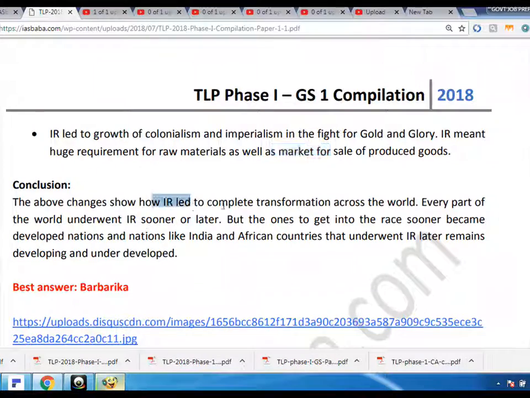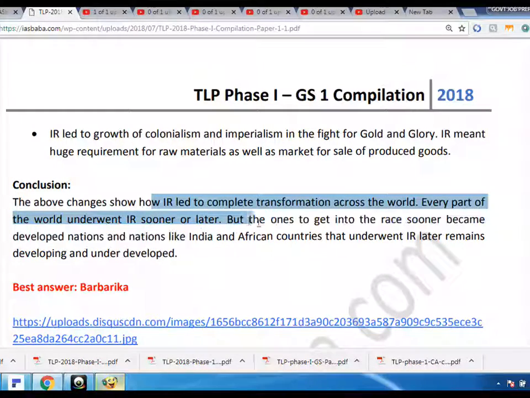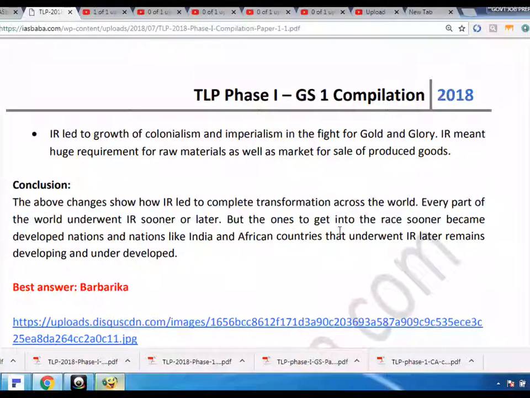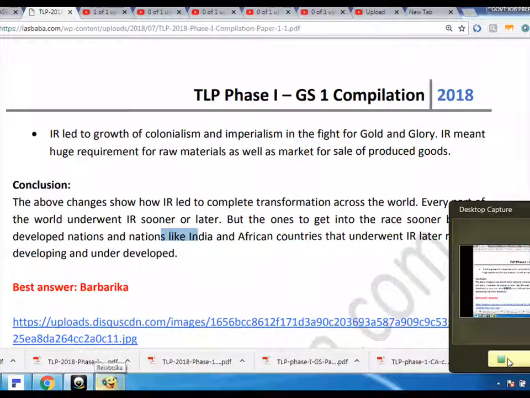Conclusion. The above changes show how IR led to complete transformation across the world. Every part of the world underwent IR sooner or later. But the ones to get into the race sooner became developed nations, and nations like India and African countries that underwent IR later remain developing and under